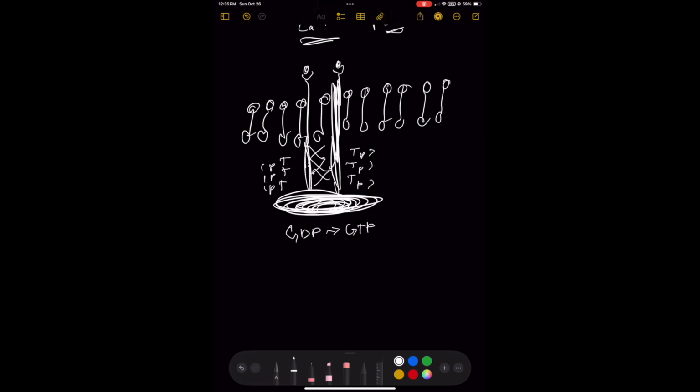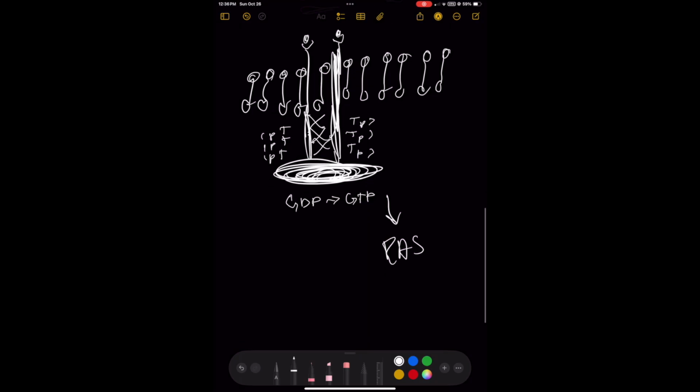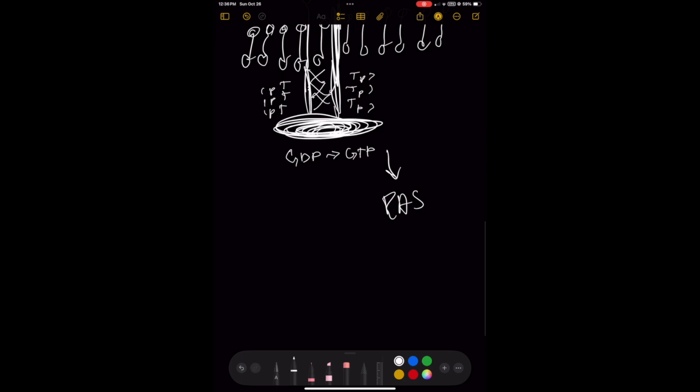And what happens now is that starts off this very specific kinase cascade, and it forms RAS in the process of this turning on,